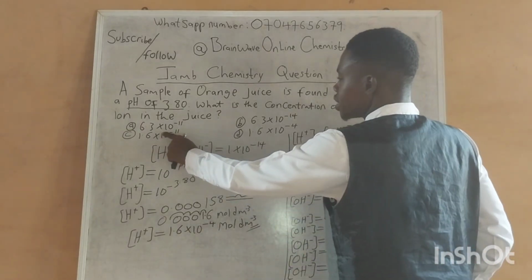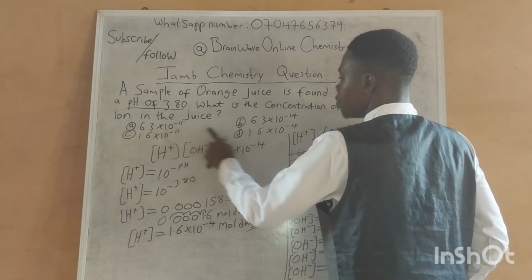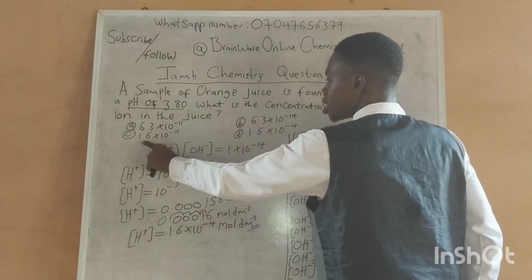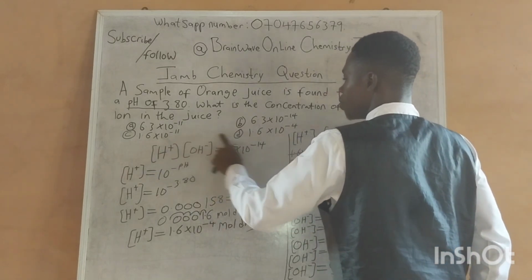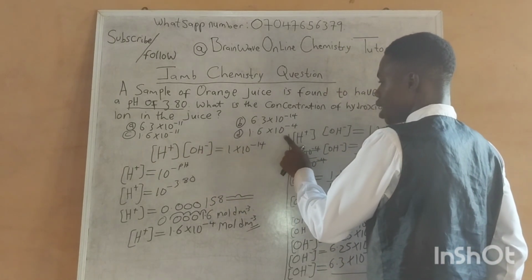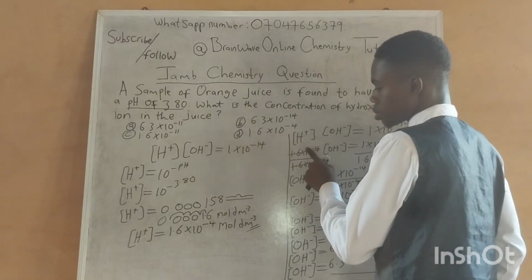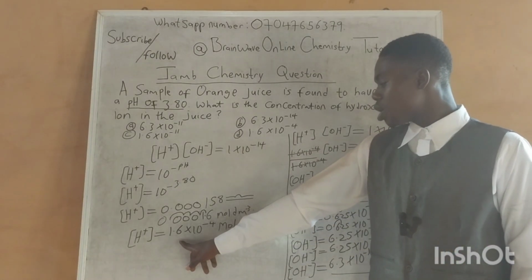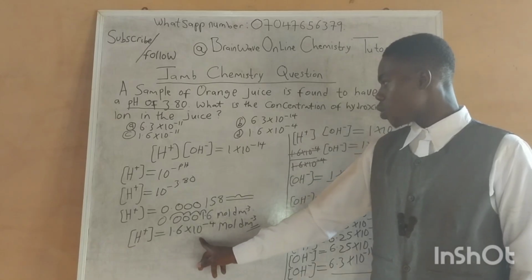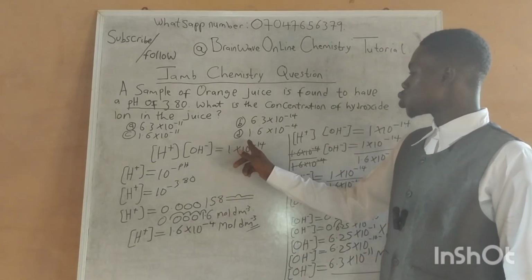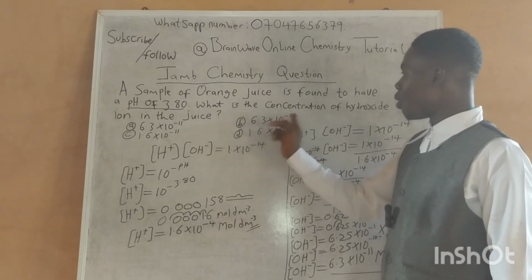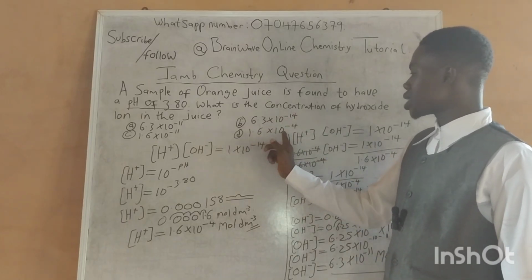Option A says 6.3 times 10 to minus 11. Option B, 6.3 times 10 to minus 14. Option C, 1.6 times 10 to minus 11. Option D, 1.6 times 10 to minus 4. Now, most of us, don't confuse yourself, because you just got 1.6 times 10 to minus 4, and in option D you also have 1.6 times 10 to minus 4. If you think our hydroxide ion is 1.6 times 10 to minus 4,